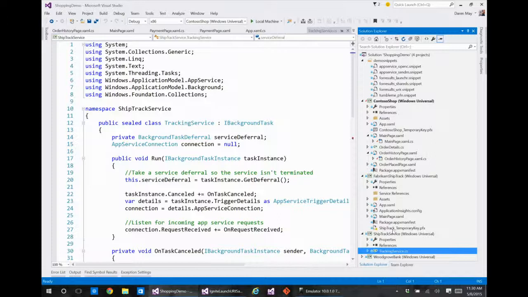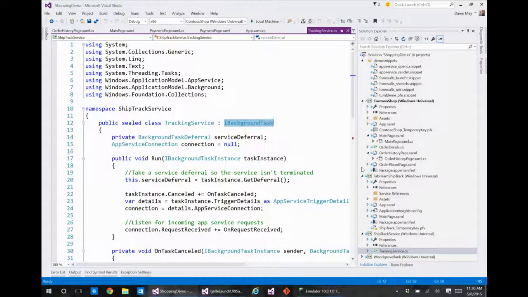It's like an assembly that you can share in the modern app world. And in effect, what they are, they're COM objects that get wrapped up in metadata that can be leveraged from JavaScript, from C++, as well as C#. So this is very, very useful. Inside the tracking service, we implement the IBackgroundTask interface. You have mentioned beforehand that app services are nothing more than background tasks that are running.